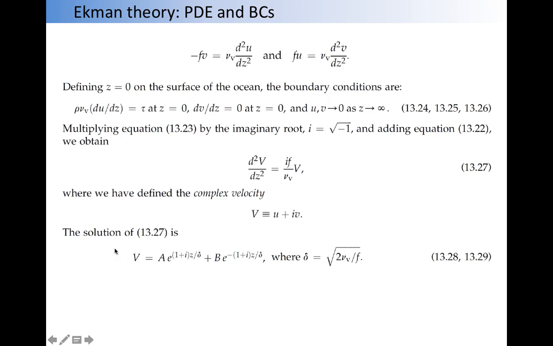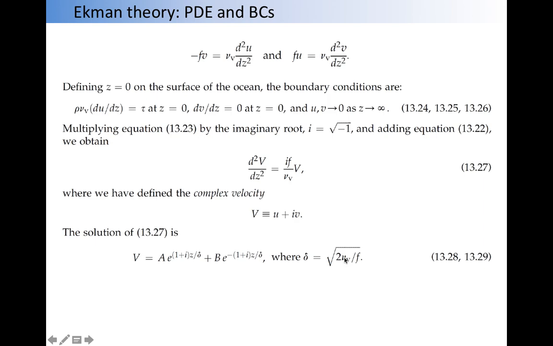And one of the homework assignments is related to how you're going to solve that. So please fill in the details in a logical way. And delta is defined by the square root of twice the viscosity divided by f, which they call the Ekman layer. So delta is the length dimension,